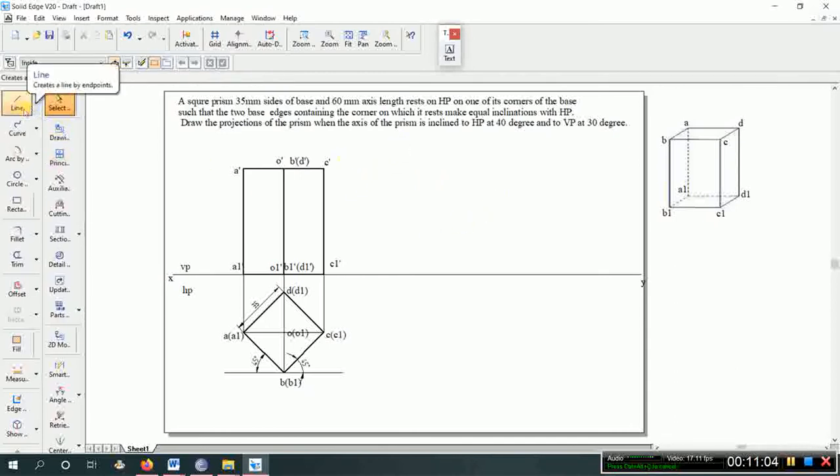So how it looks when it is tilted 40 degree means, this prism is tilted to horizontal plane by 40 degrees. So you can see that clearly by front view. Then you can project that and show from the top view. So for that,